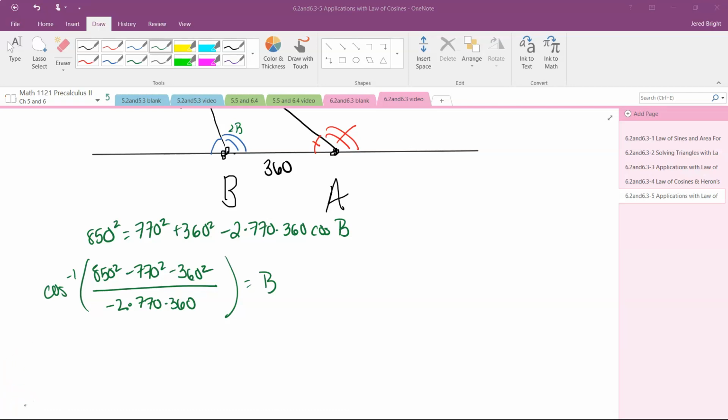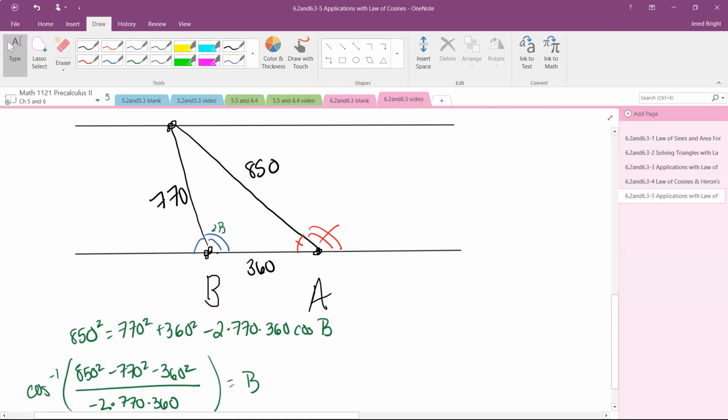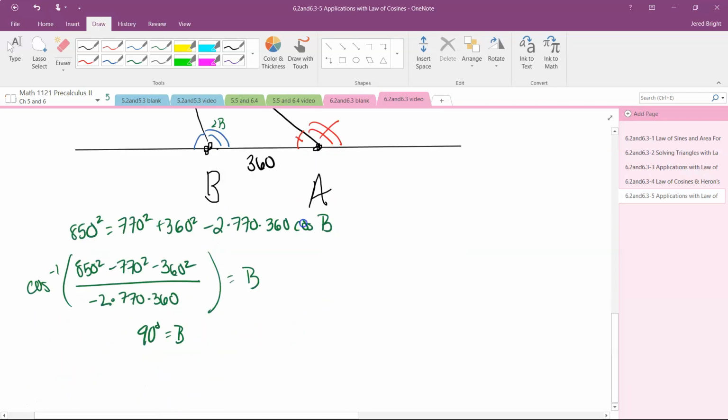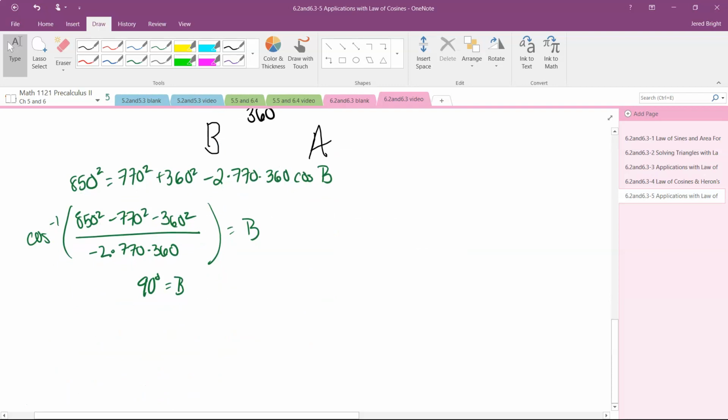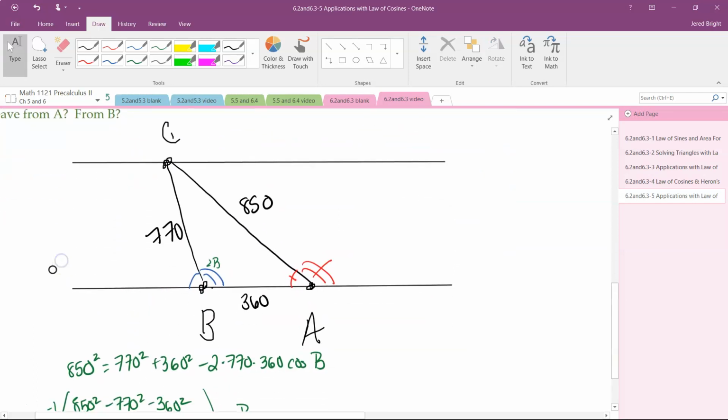And when you do that, you end up with that B is 90 degrees. So this diagram is a little deceiving and clearly not to scale because B is actually a right angle. Well, that's fun. Okay, but we're not going to let that influence our decisions because in this case, you can just use normal trig functions. Okay, so